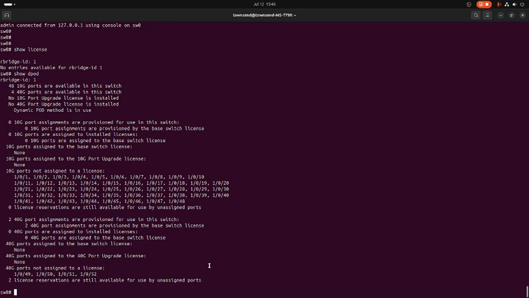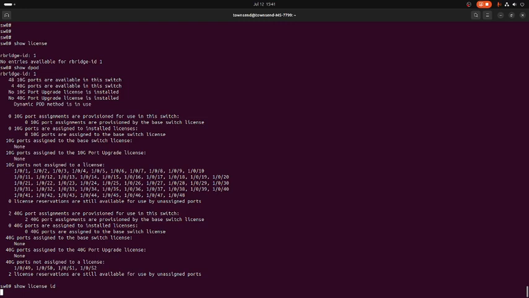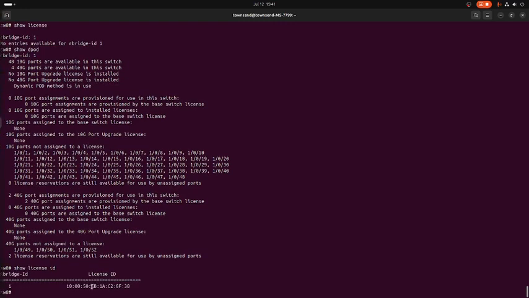So basically there are 2 different ways to get the license ID. One is show license ID. That gives you this particular number right here. But sometimes you need more specific information. In order to get that, you need to go into the bash command prompt, and you go like on high